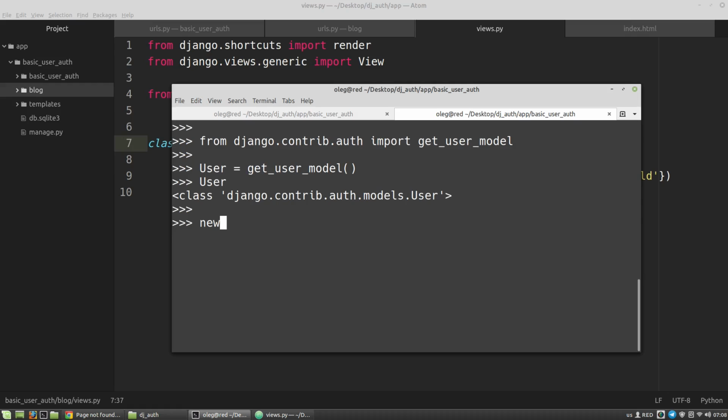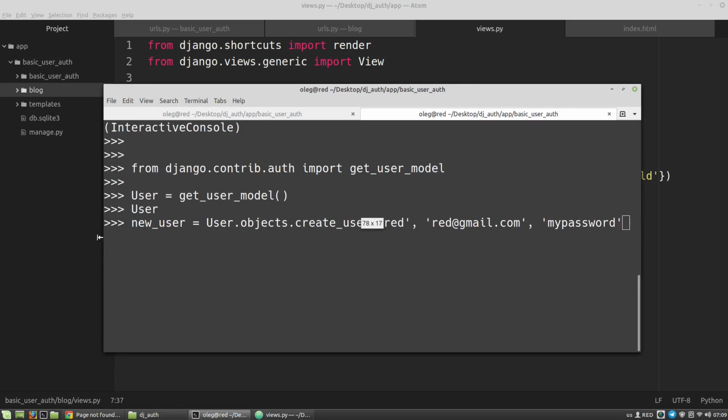Okay. Let's create a new user. Model manager objects, create_user method. And the first argument is the username. The second is the email. And the password. Let's say it'll be my password. Okay,